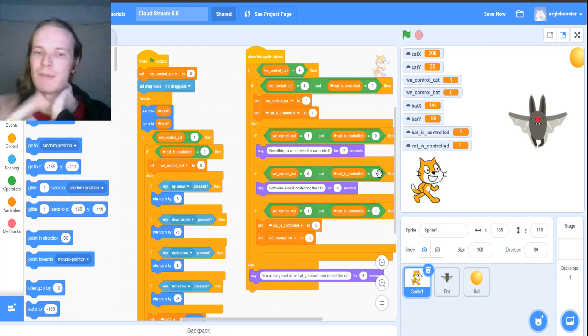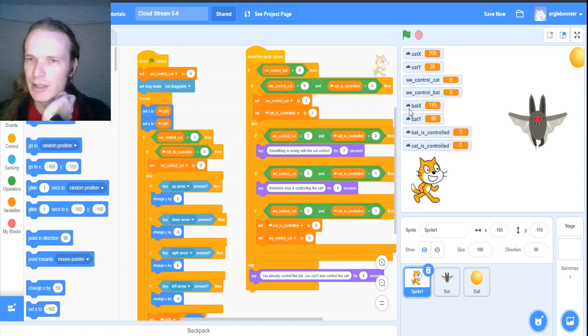Those are the two main large-scale ideas that this is trying to do. And so the way that we do that is saying, if we control the bat, then we can do all this stuff. Otherwise, this is saying you already control the bat, you can't control the cat as well. Because if we're clicking on the cat,